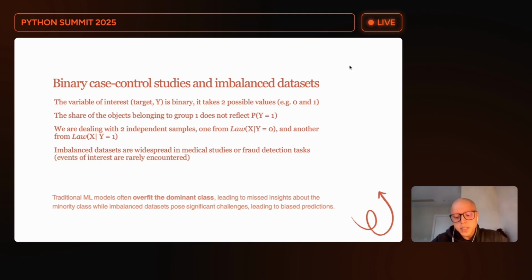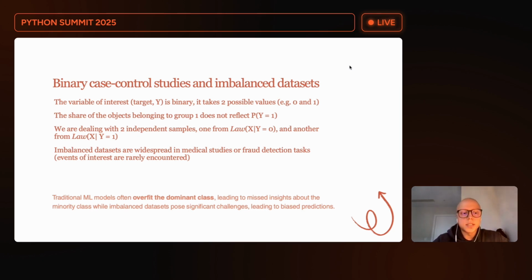For example, you can think of a medical case control study when you have 1,000 patients. Let's say 500 of them have some disease, 500 of them do not. And you are trying to understand which factors affect having this disease. So obviously the probability of having the disease is not equal to 1 divided by 2, which is the number that you get if you just divide the share of the sample that has the disease by the total size of that sample,